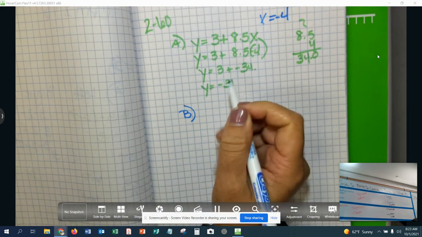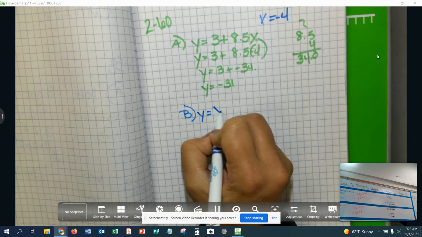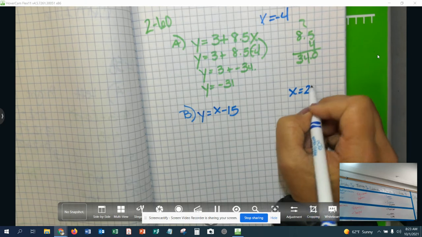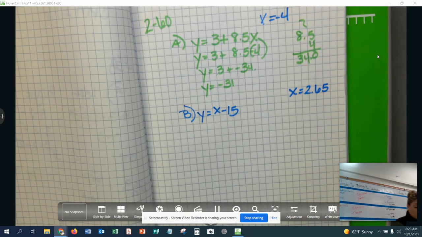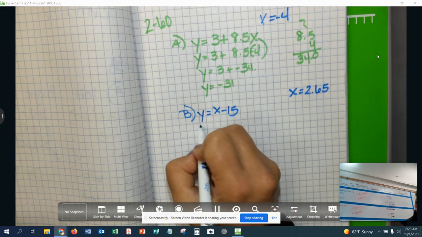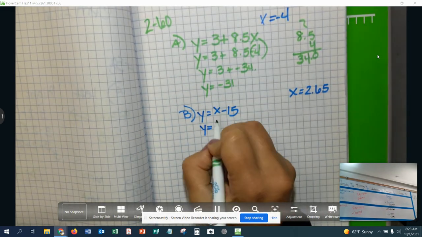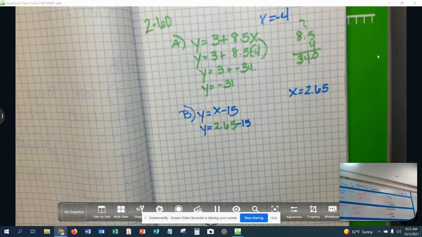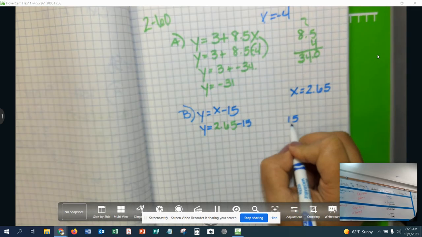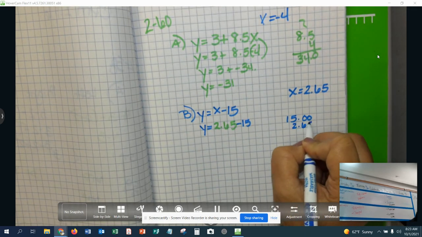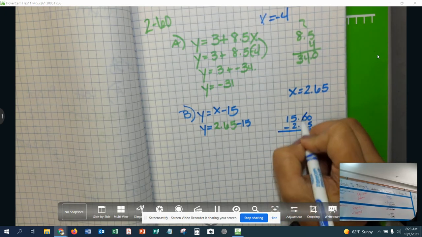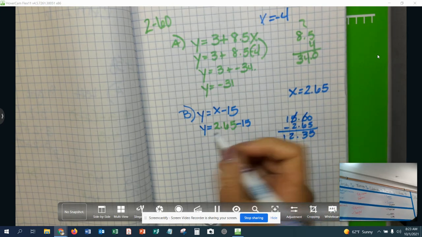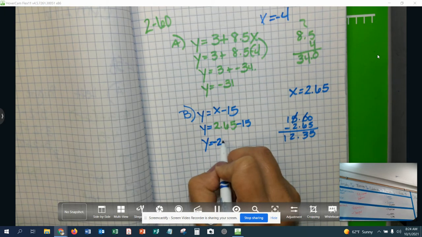B looks like this. Y equals x minus 15, and then x is 2 point, they want you to work with decimals, it looks like 2.65. All right, so all you're doing is plugging in for x minus 15. All right, perfect. So you're going to go over here and go 2.65, 5, 3, 4, 2, 1. So y equals negative